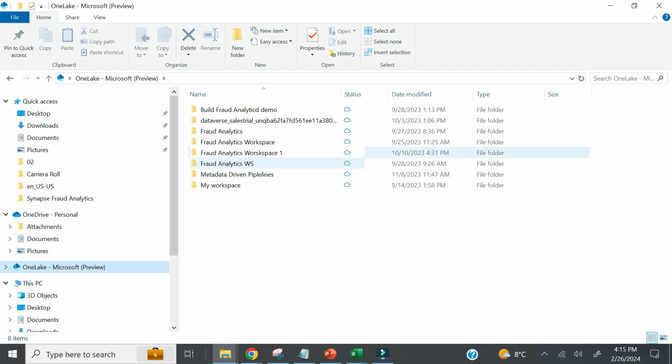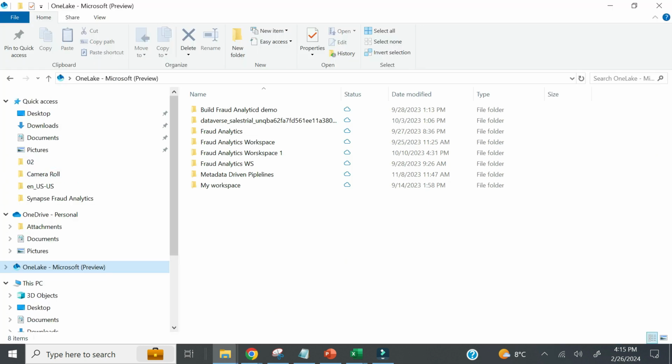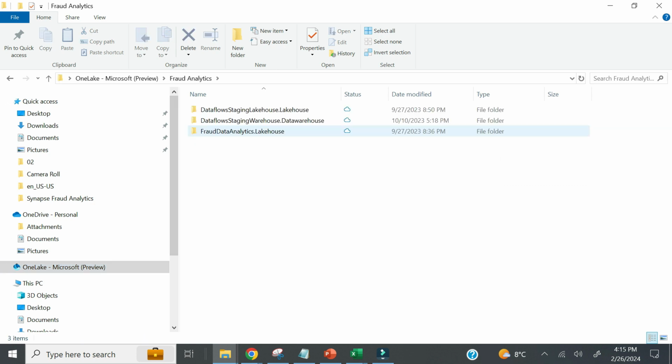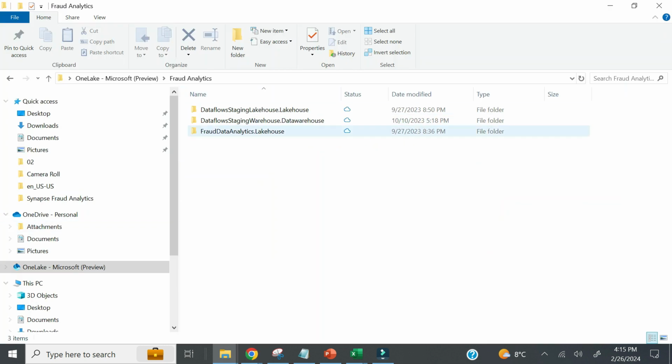and all my lake houses will be visible here. My lake house name is fraud analytics, right? So let's see if fraud analytics is visible here. See, fraud analytics is visible here. If we go further down, we will see the fraud data analytics lake house, which is your fraud analytics lake house here, right? Inside this we should have multiple folders like prediction, credit card data, AWS country data. Let's see if we go further down,